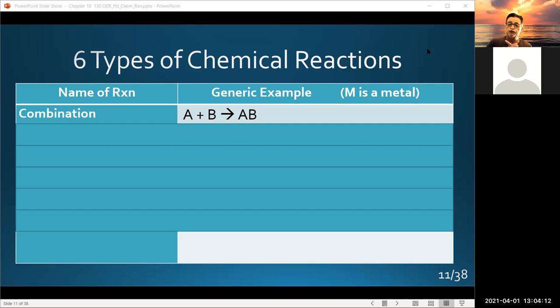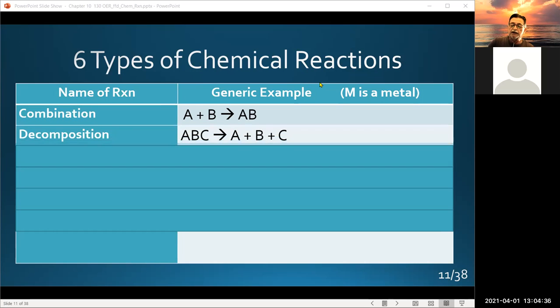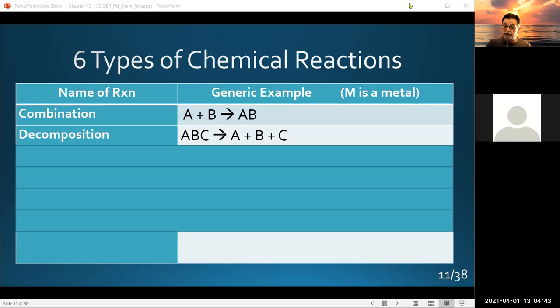The first type of chemical reaction is called a combination reaction. Basically, we have 2 separate reactants, A and B, here in the generic form, that react and combine to form a new compound AB, whatever AB may be. The opposite of the combination reaction is a decomposition reaction. In that scenario, a single compound